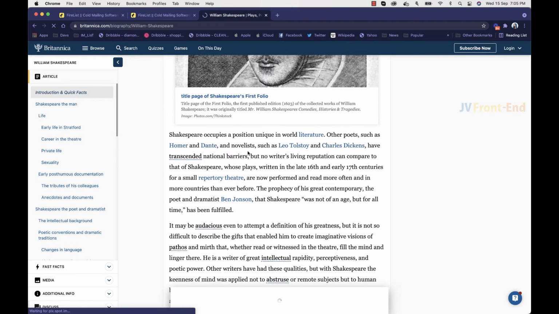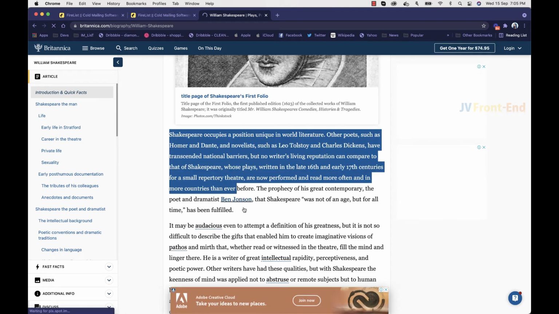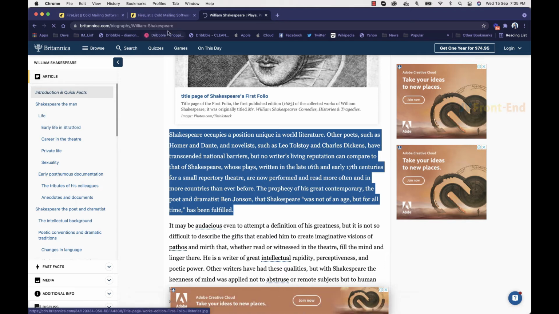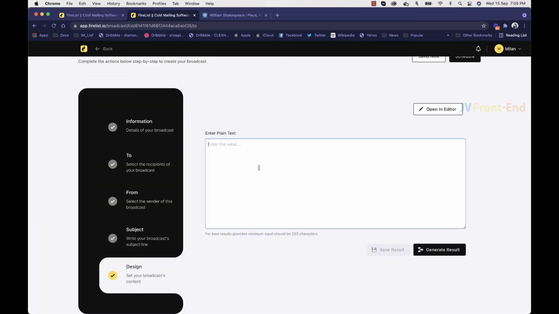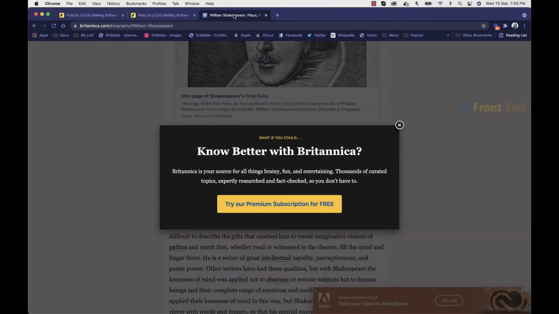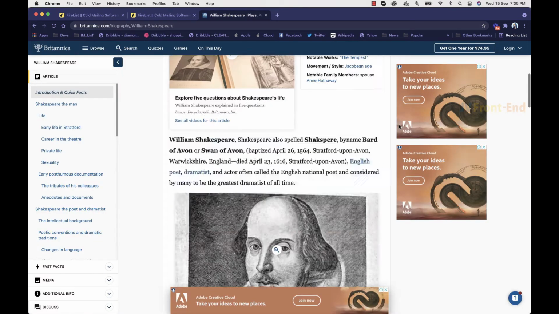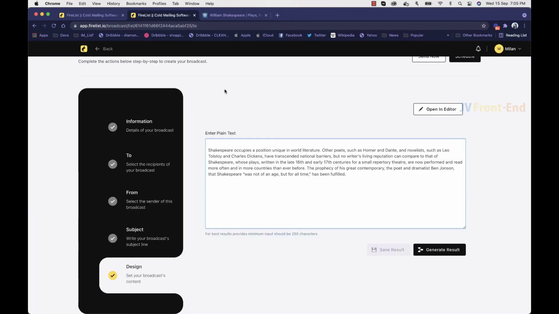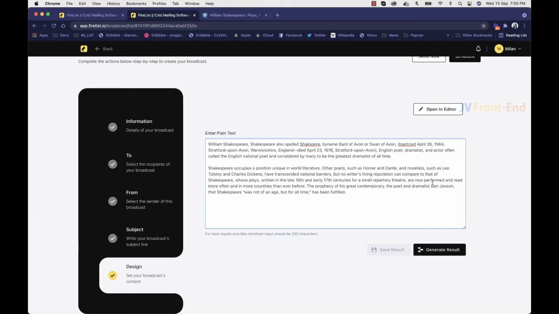Okay, so William Shakespeare occupies a position in this. We'll copy this text from here. I will just come back to my system and paste it here. Or you can write your own text. Any kind of initial content, you should write about some topic, and once you are done with that topic,